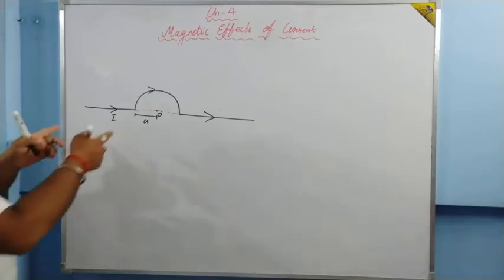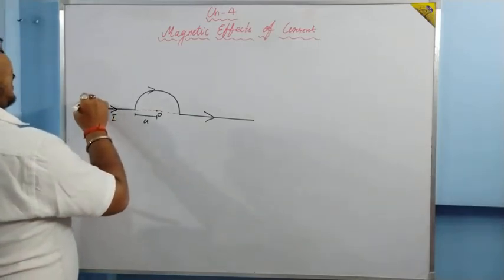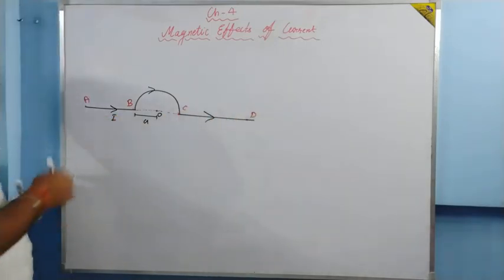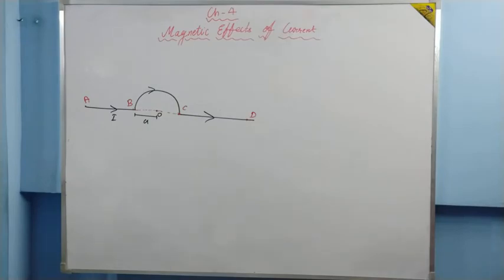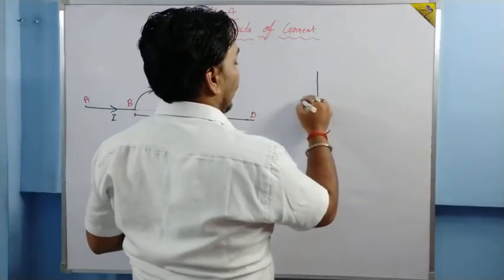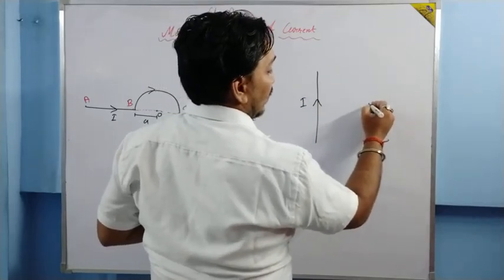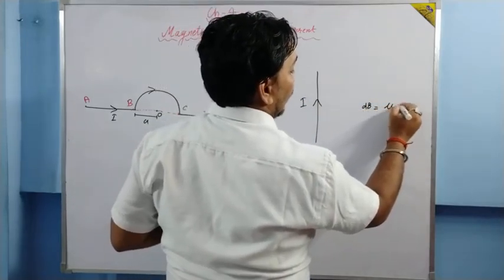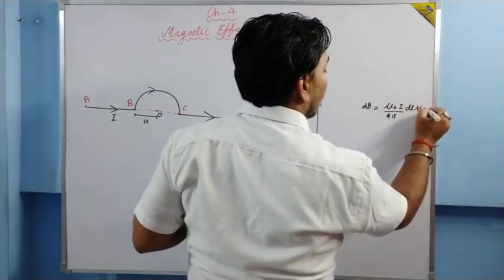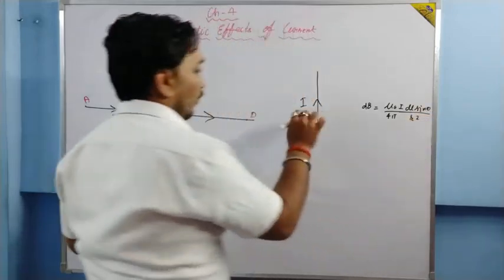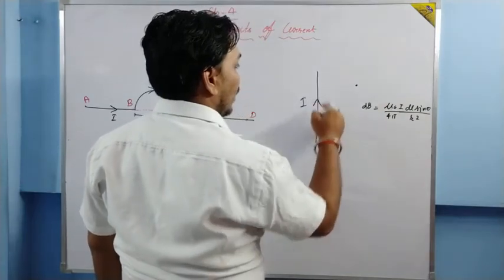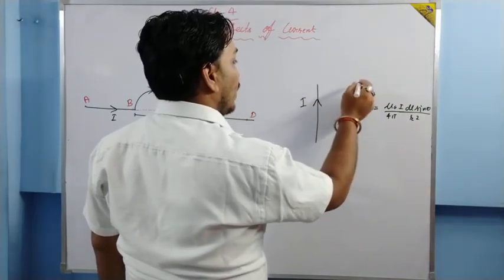So basically the magnetic field due to this, if I say it is A, B, C and D, the magnetic field due to AB will be 0. Why am I so convinced? The reason is what we have studied: the magnetic field due to a straight wire is dB equal to mu naught I upon 4 pi, I dl sin theta upon r square, basically for any kind of length. This is for when the point is somewhere here.